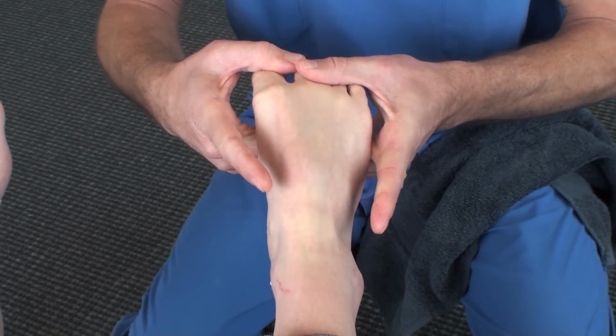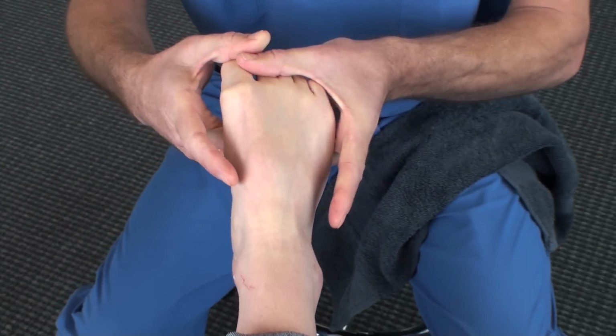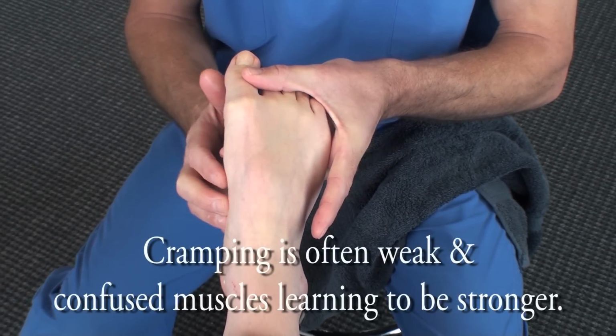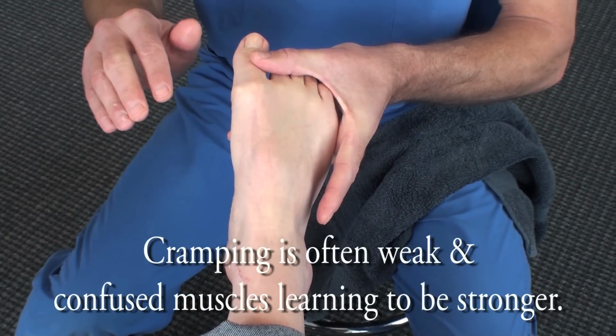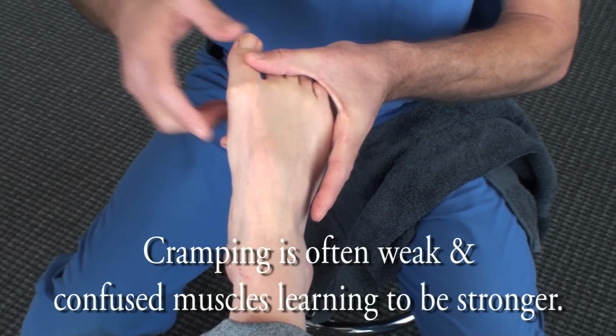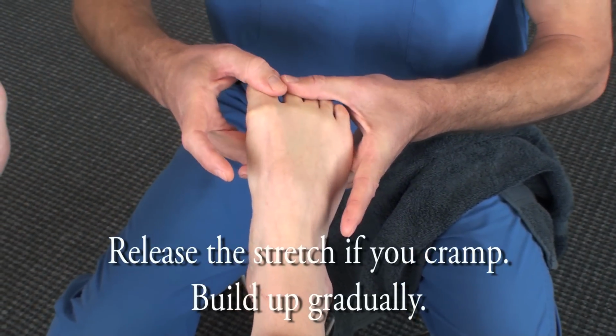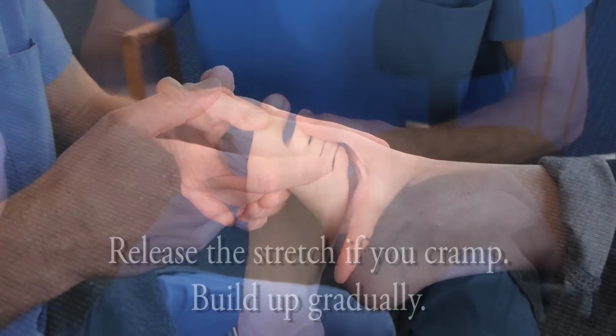This stretch can be held for 20 to 30 seconds, at which point many folks will have some gentle cramping in the arch, which is an indication that the arch muscles are attempting to get stronger. This exercise should be done in progressive increments until greater flexibility is achieved, to the point where there's no longer